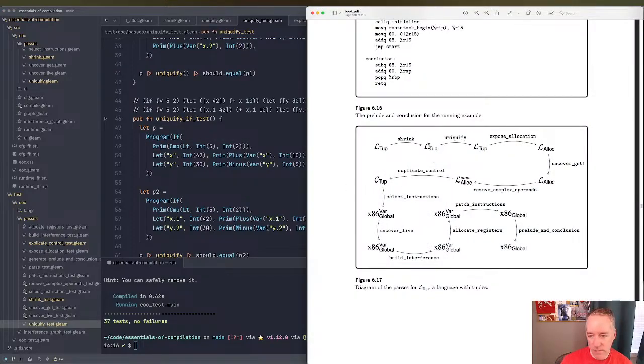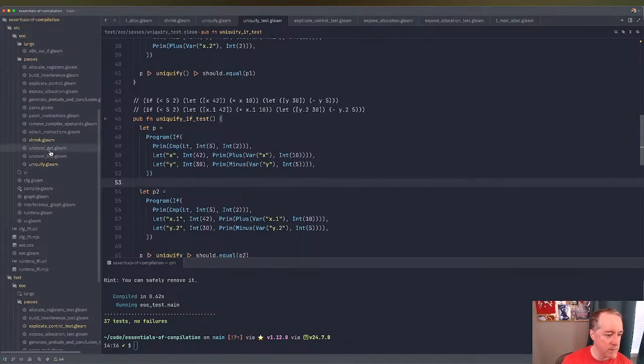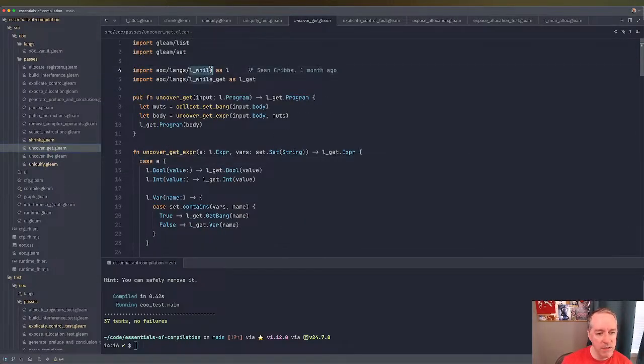Okay, so now we're caught up to here. Expose allocation should come next. Okay, so before we get to remove complex operands, let's do uncover get. We'll make a commit and then we'll work on remove complex operands because I think that's more interesting. Uncover get doesn't do very much, but we still need to do